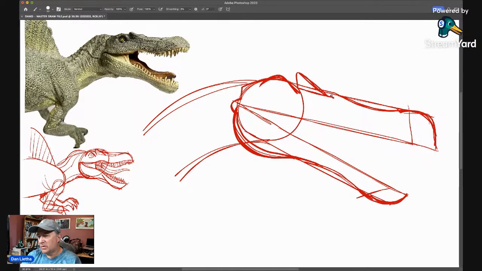And there's that shape right there. Then on the other side, it looks something like that. And again, I don't know if that's just artist license or if that's actually based on some fossil evidence that they have. There we go. And this upper lip starts up here and then goes down, up, and then